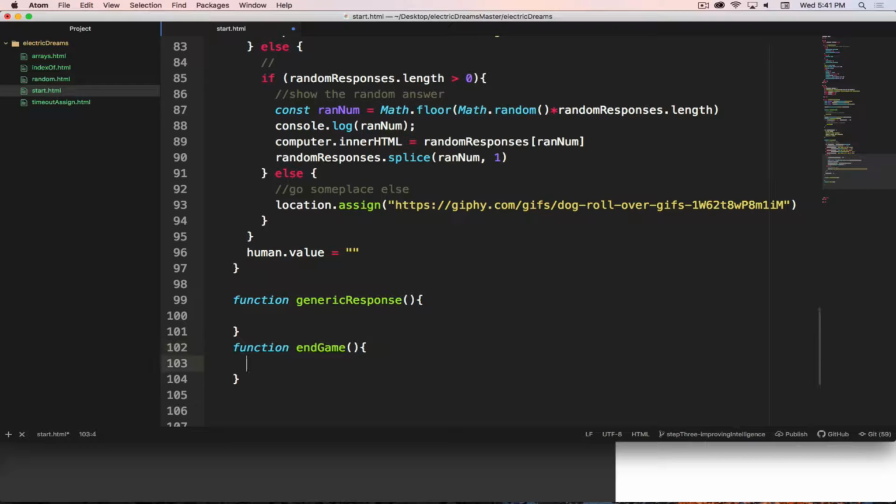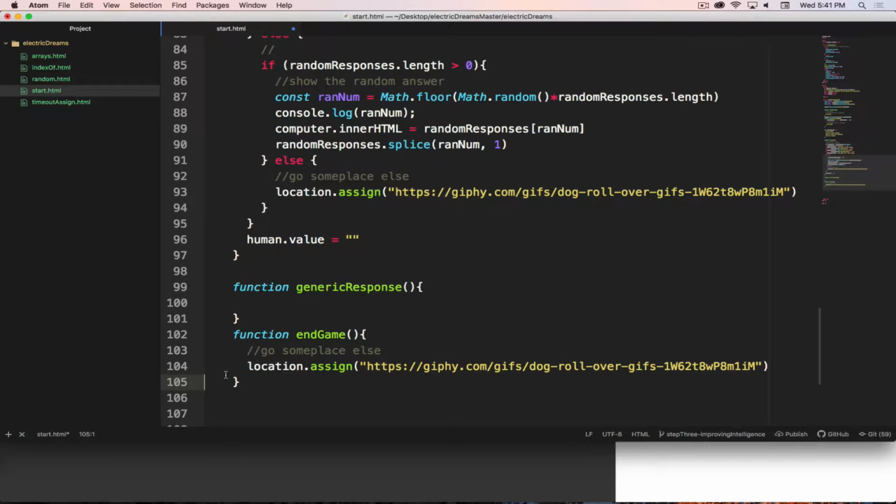And end game is going to contain where we reassign this location, because we may end up making this a more complex ending where we provide some extra text, do some other things. So for now, I'm just going to leave it as that. I'm going to put that information inside of here. So now we have endgame doing that,